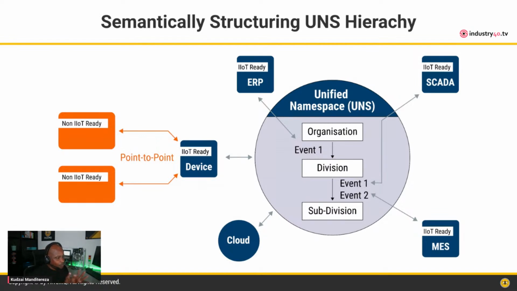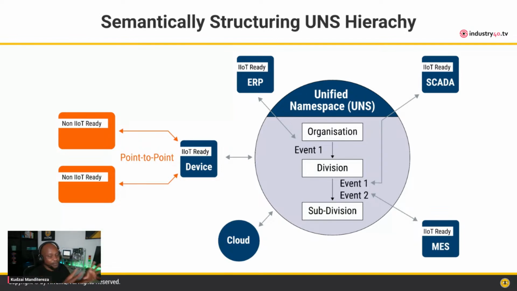Now, obviously, for all these components to be able to share these events or this information, they need to have some capability. That means they need to understand some IoT protocol, because the unified namespace really is an industrial IoT architecture. So if the MES system needs to be IoT ready, it needs to understand an IoT protocol to publish information directly to the unified namespace. If you have components that already understand an IoT protocol, for example MQTT, you can directly